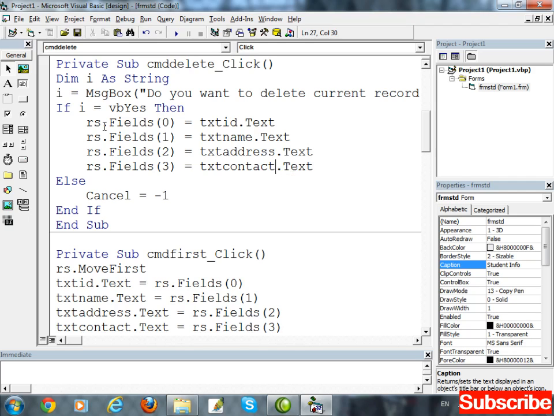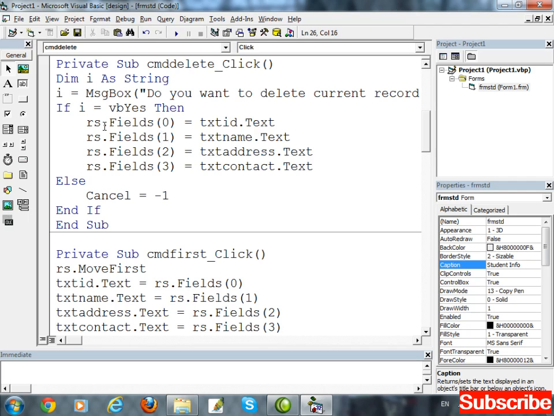Inside the database we have 4 fields: student id, name, address and contact. Also on the form we are having 4 fields: txtID, txtName, txtAddress and txtContact. And what are these numbers? 0, 1, 2 and 3. These are basically the index numbers.